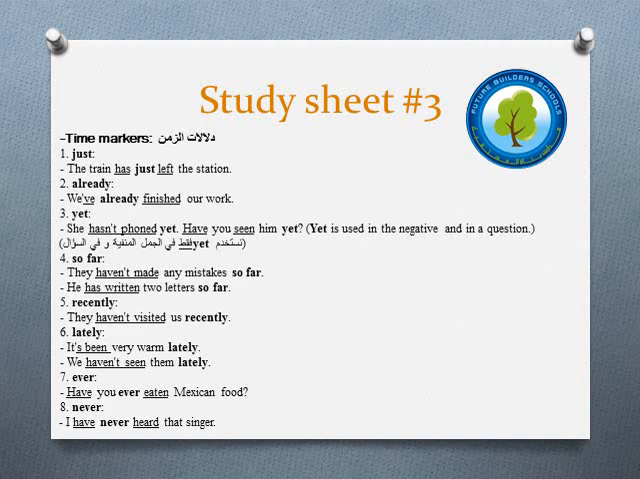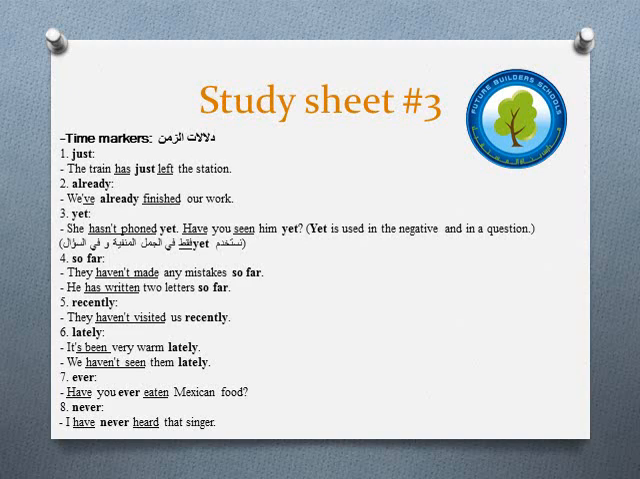Yet. Now, yet. We only use yet in the negative sentences and in the questions. We don't use yet in the affirmative sentences. نستخدم yet فقط في الجمل المنفية والسؤال، ولا نستخدمها في الجمل الغير المنفية اللي هي الجمل المثبتة. She hasn't phoned yet. This is a negative sentence. لم تتصل بعد. Have you seen him yet? هل رأيته بعد؟